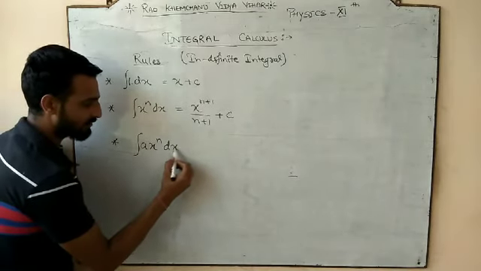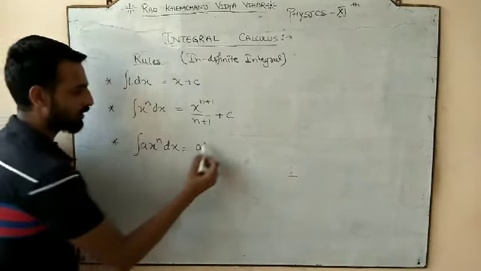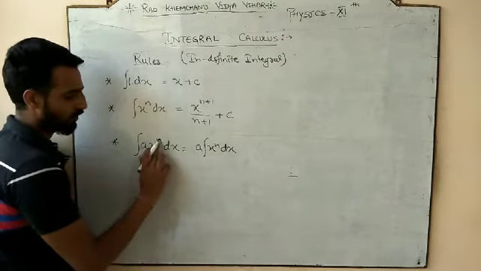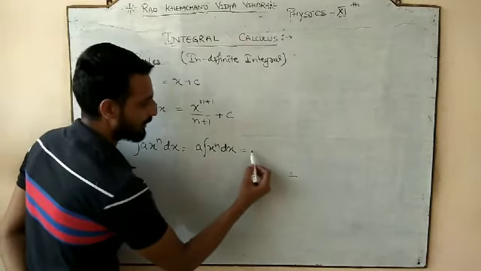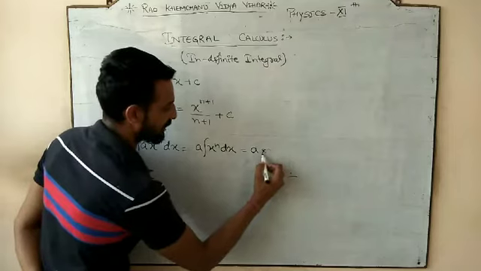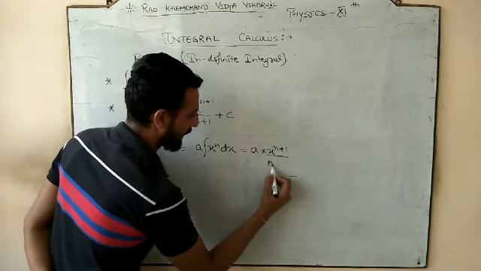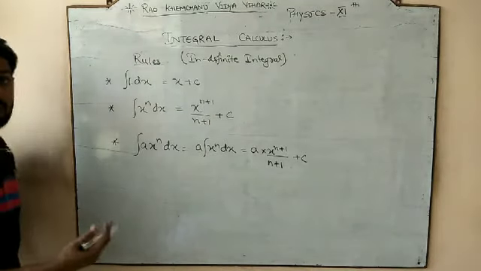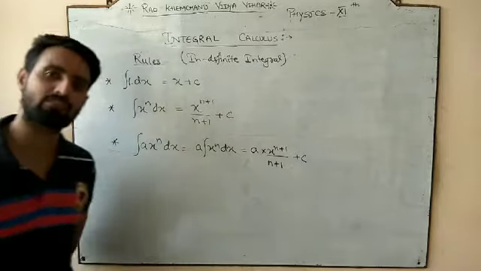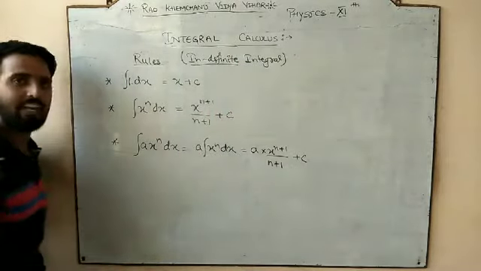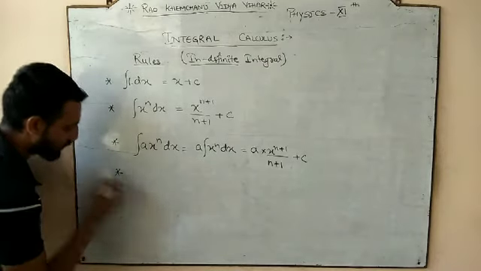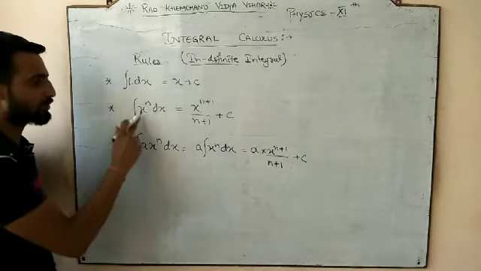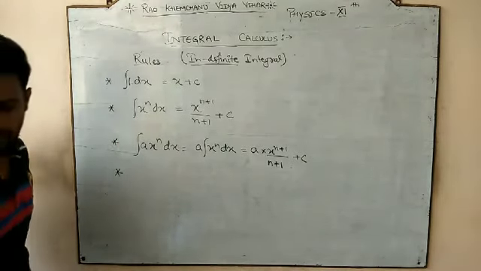So the integration of this is again, the constant would be out of the integration. What is left? Only x power n dx, meaning the integration of x power n with respect to x gives you a as it is, and the integration of x power n plus 1 by n plus 1 plus some constant might be, क्या पता कोई constant हो भी सकता है, और अगर नहीं होता है तो this constant can have the value of 0. That's why it is called indefinite. We are not getting that proper way. Okay, so these are the three basic rules that we discussed: only dx, a constant into something, and x power n.